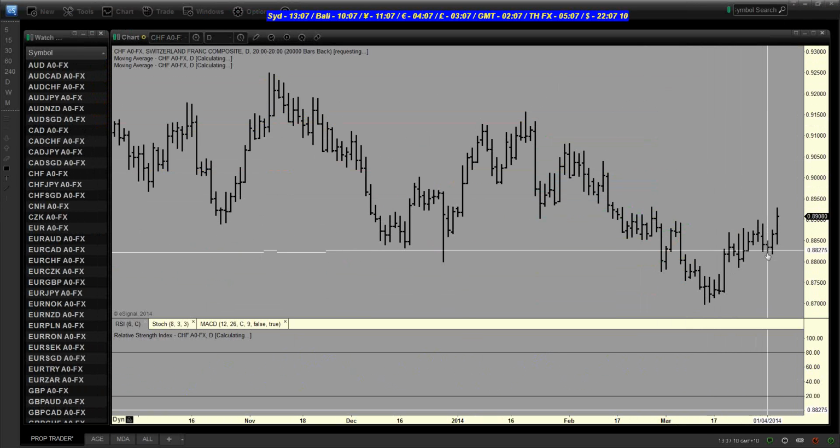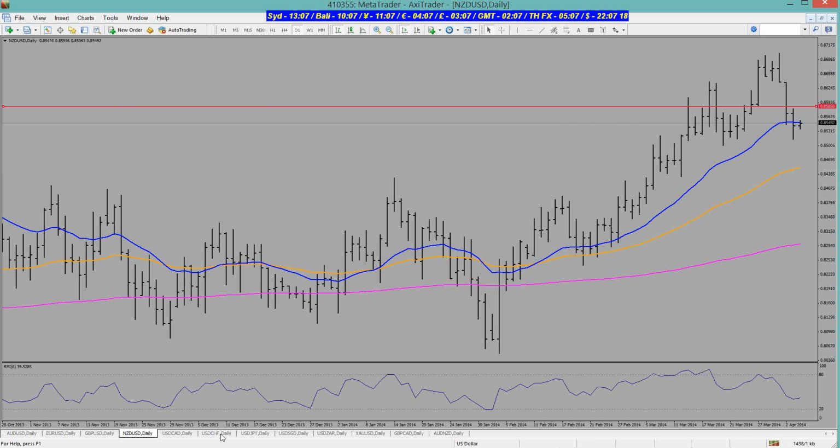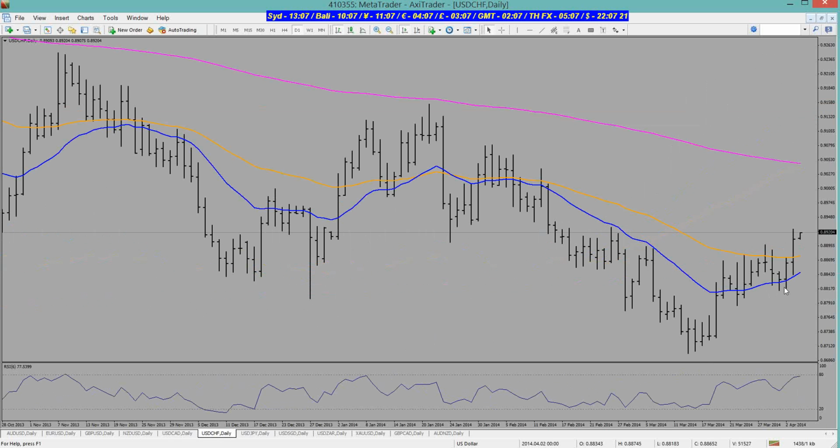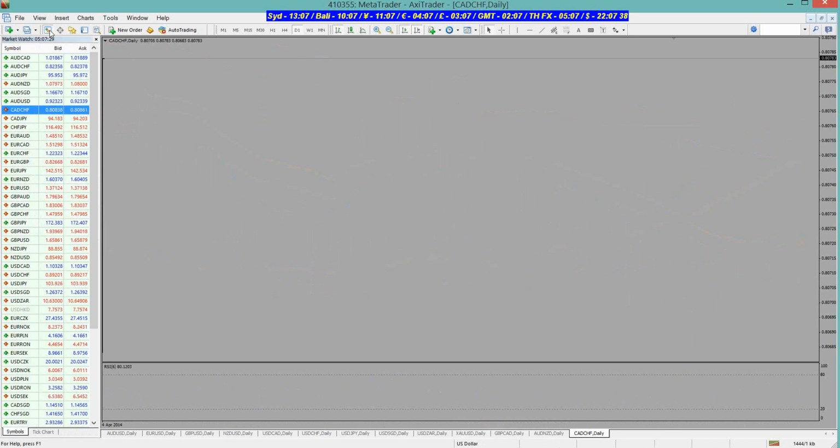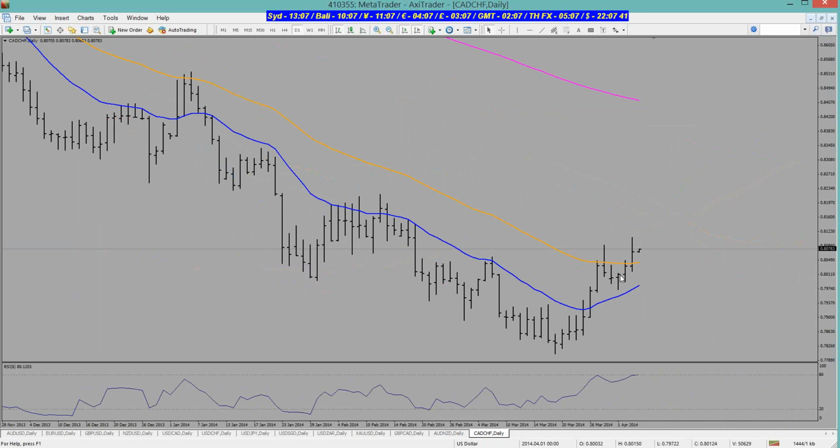You were looking to get in here. I didn't take this or the euro dollar trade, but you were looking to get in. It's taking too long. This is a reversal bar, and you'd move to protect your capital, so you're not losing 1% on the trade. And same with the CAD Swiss. There's a low test bar here. That's a reason to move the trade, but certainly the reversal bar, you'd be moving your stop and protecting your